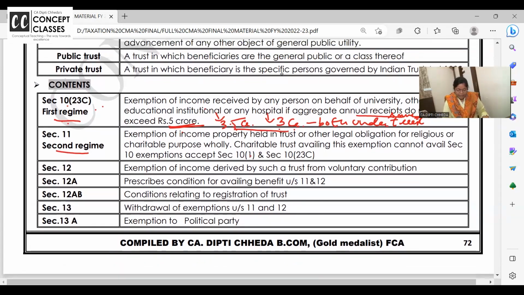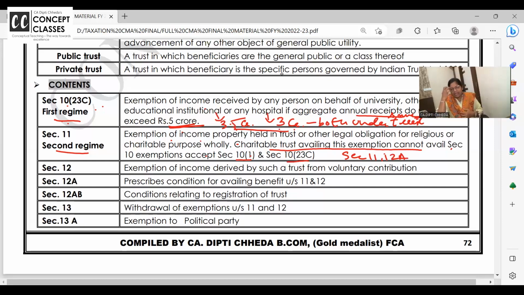Now, the second regime is exemption of income from property of religious and charitable trusts and all. They can avail section 10 exemptions, not all, but only 10(1) or 10(23)(c). This is also a very beautiful line. Charitable trusts, we are giving all income exempted under section 11 and 12A.